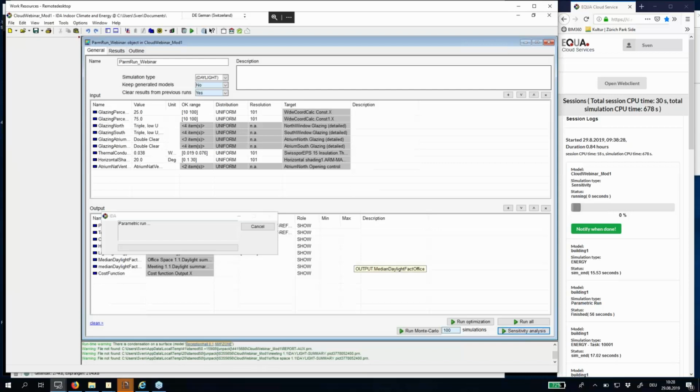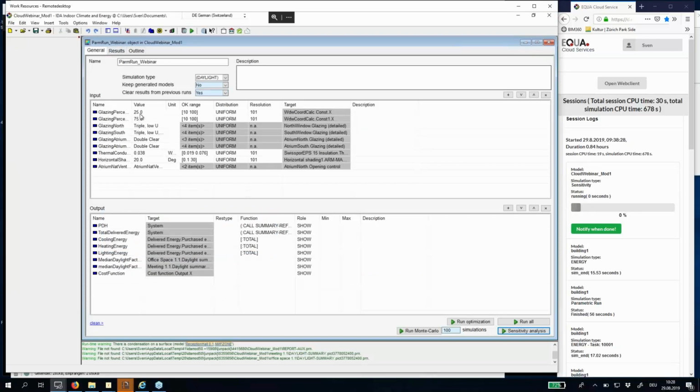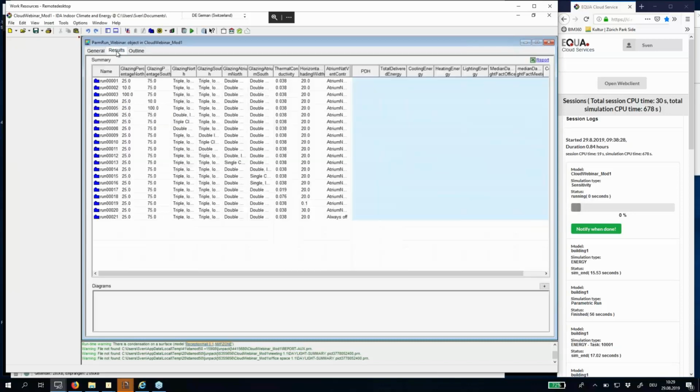So this parametric run opens immediately here, and we just wait for the sessions that will be open. I can then go to the result table here as well. So you can see here the basic values, which is 25 and 75, which is actually the first case. So it's this basic case of the sensitivity analysis,